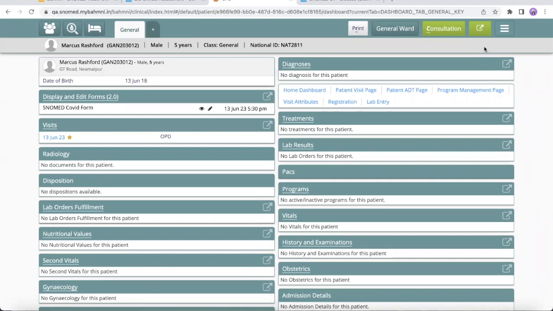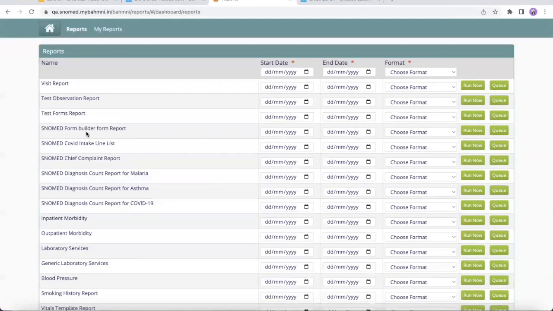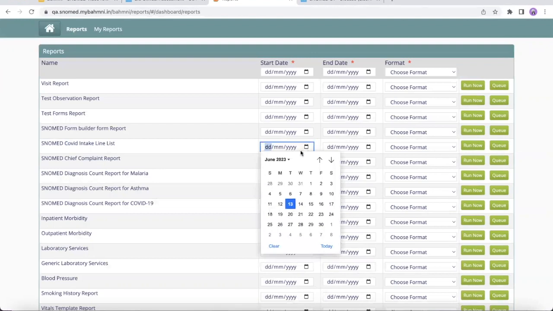Now, let's say the clinician wants the details of the patients who have visited the clinic in the past week and have been detected with COVID, right? They can do that with the COVID line list in the Bahmni application. So how can we see that? Let's say I go to the reports module. Under the reports module, we see that we have a report called SNOMED COVID intake line list. Here, let's say the user wants to see the COVID observations for the past week. So let's say I take one week,